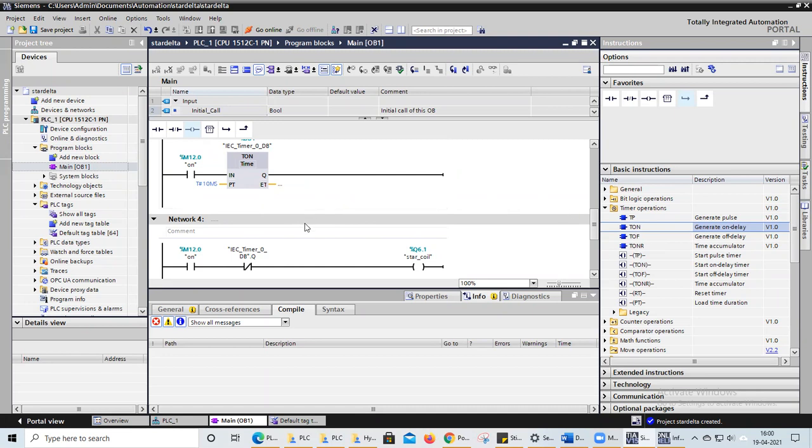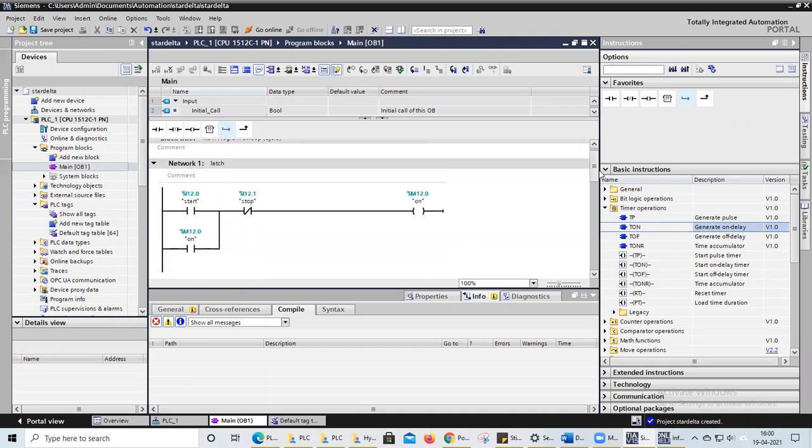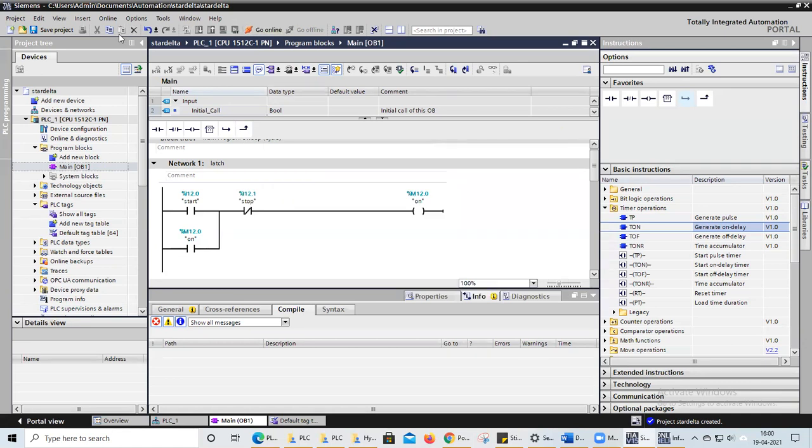Okay, now my motive is I want to simulate this one. I have done this one completely. Something goes wrong. Once again I will close, and once again I will open the same project. I have used the same project, saved file, because something has gone wrong in the software.